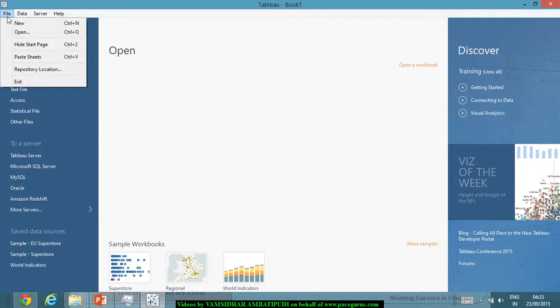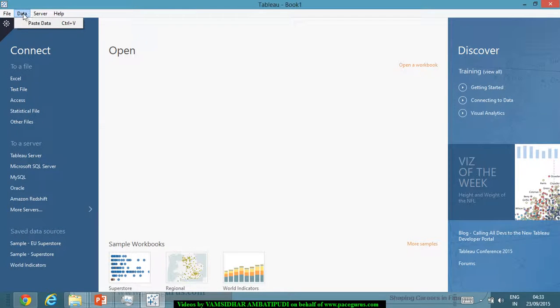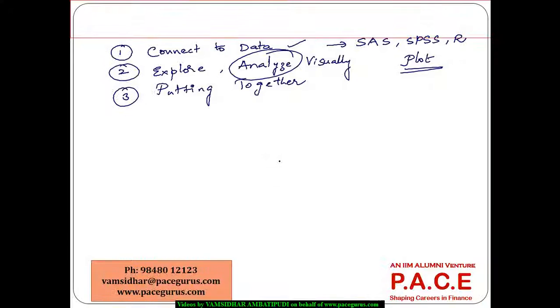So here, if you look at on a broad scale, you can get your data, you can connect to a server. We'll look at a few more things. Once we connect to some data source, we'll get many more things to typically work out with Tableau, right? So that's how it's very easy to use. It doesn't require any kind of a programming background or experience, but you would be able to create visually excellent kind of displays from your data,